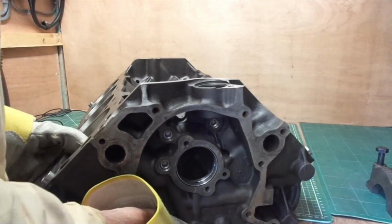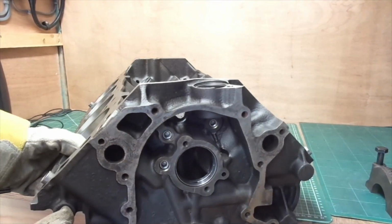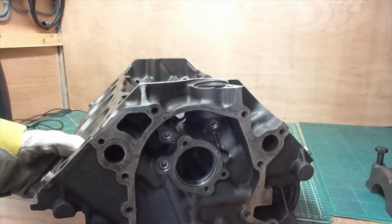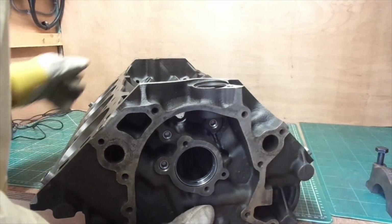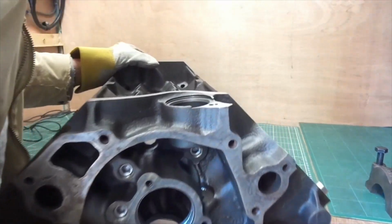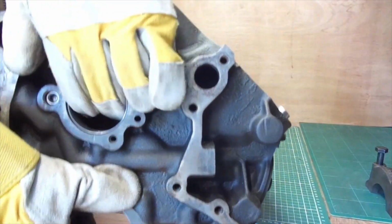What am I pointing at? Oh yeah, that little knob. There's a knob there. There's another knob there. We'll talk about that a bit later. So this is the short block. It's relatively clean. It could be cleaner, but it's still